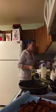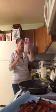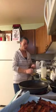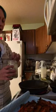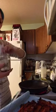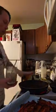Okay, and then to get a little bit creamier, fluffier pancake, I like to put a tablespoon of heavy whipping cream. Now, if you're dairy-free, it doesn't have to be heavy whipping cream. It can be coconut milk, it can be almond milk, whatever it is, just to give it a little bit creamier texture. And I mix that a little bit together, and then you want to add enough water for it to be the pancake texture